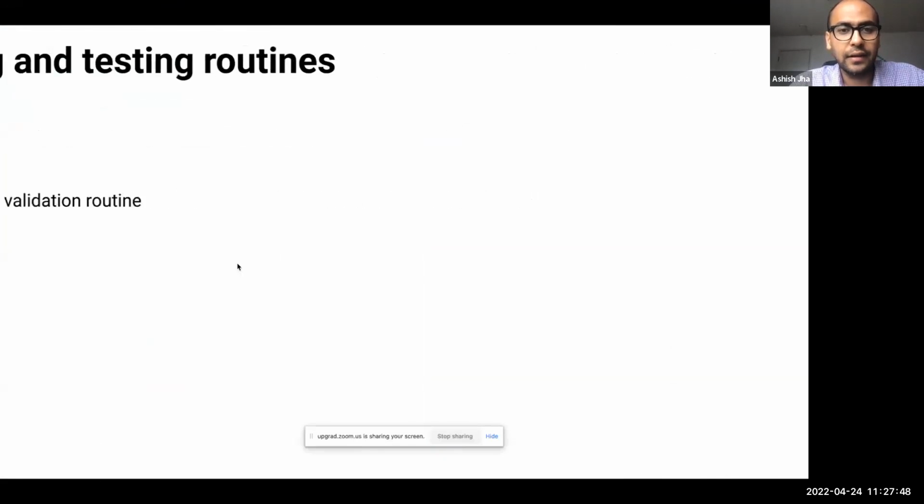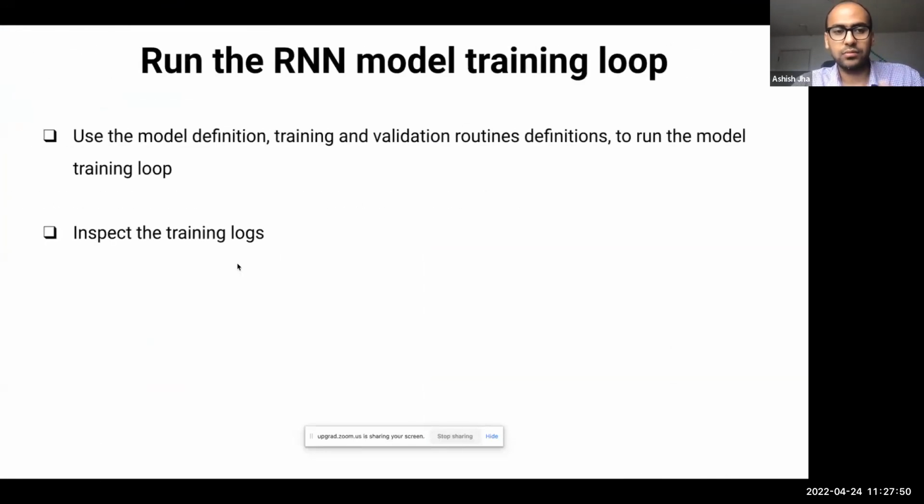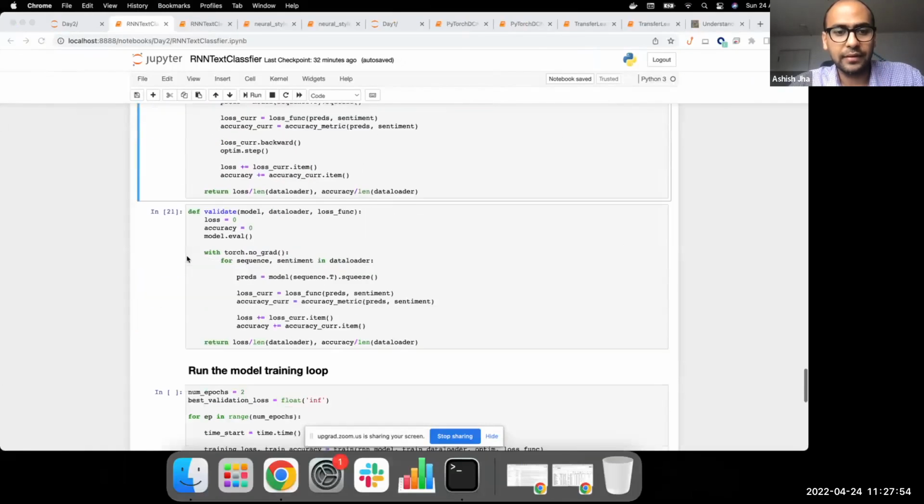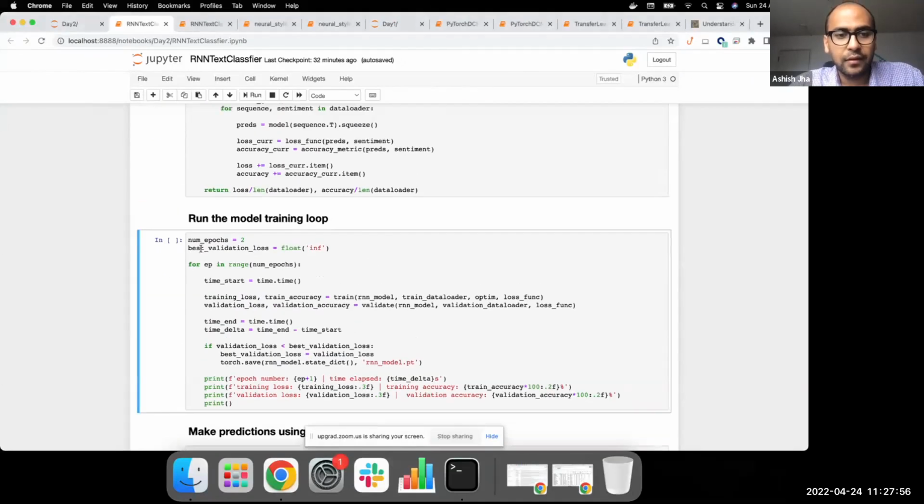And now I think we are ready to run the model training loop. What this means is we need to define the number of epochs we want to train the model for. We then define our best validation loss so far. We start with infinity because we can only go better from there.